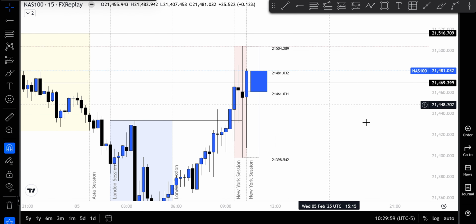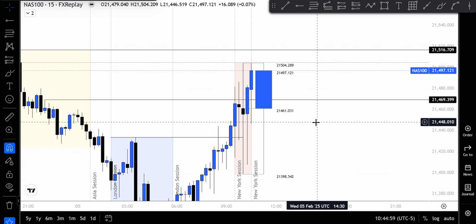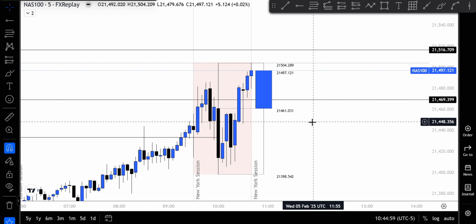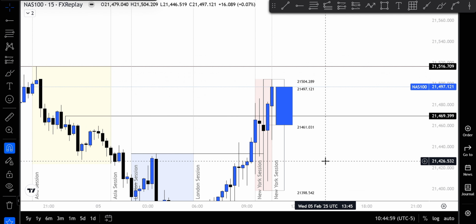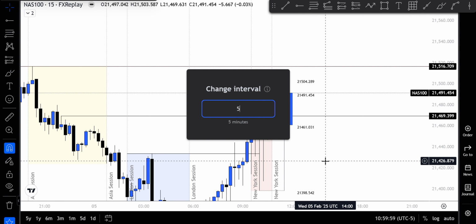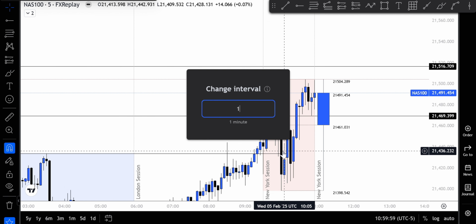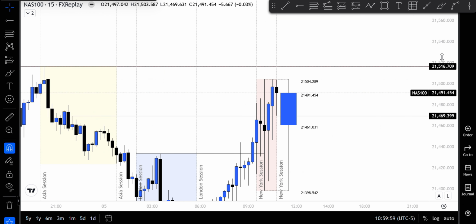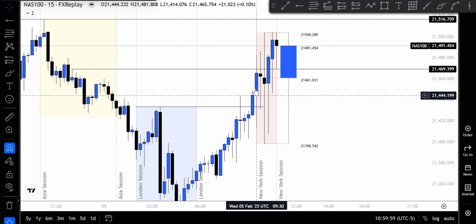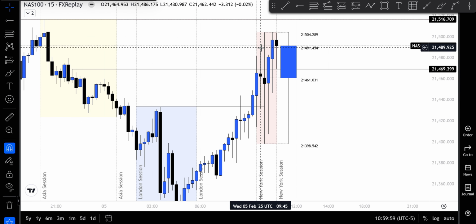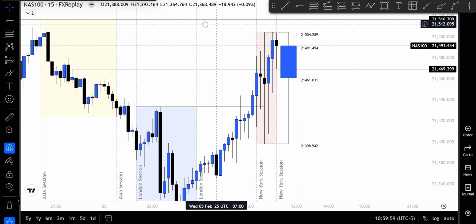Now let's see. All right, continuing. Do we have any 5 minutes that we can take? No 5 minutes. So what time is it? At 11 o'clock, if there's no 5 minute, if there's nothing, I am getting out because this is just cumulative price action and it is not what we like. So you can see, yeah, I'm getting out, because in these times you should be getting out of the charts. Do something else, because as you can see, straight from the open, especially in NQ,